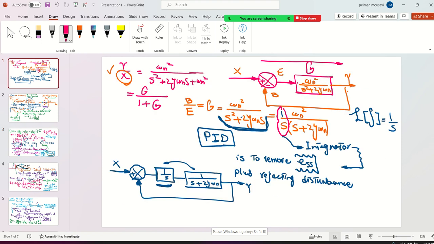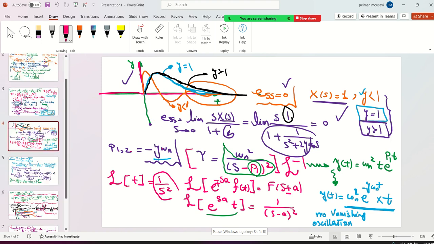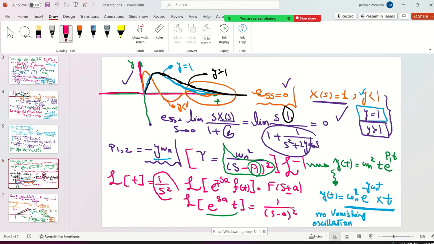I told you that the open loop transfer function G has one integrator, 1 over S. And I said the integrator, which I'm going to teach you later, is to remove the steady state error signal. You see that when your input is a step, which is 1 over S,